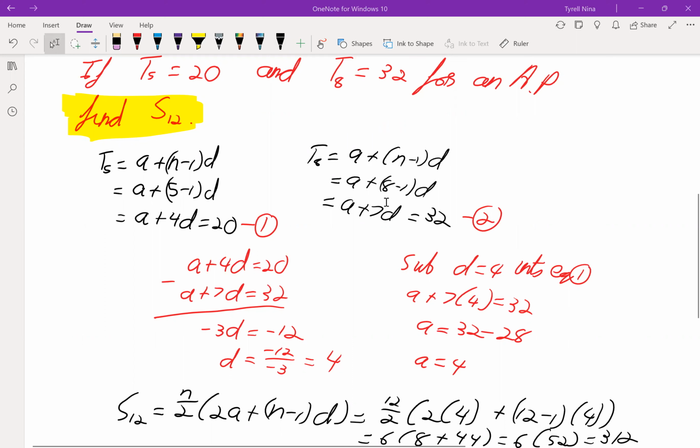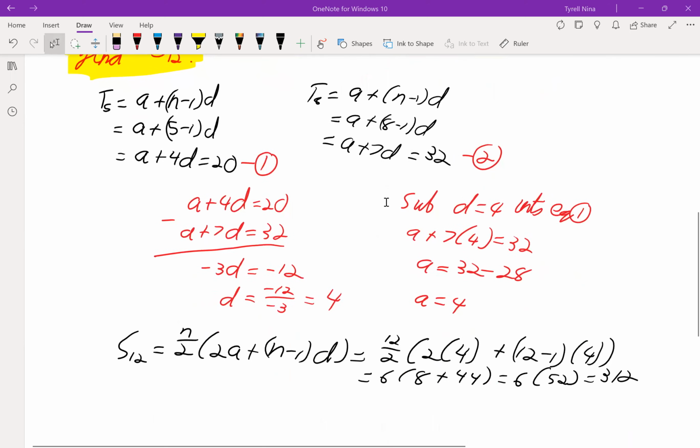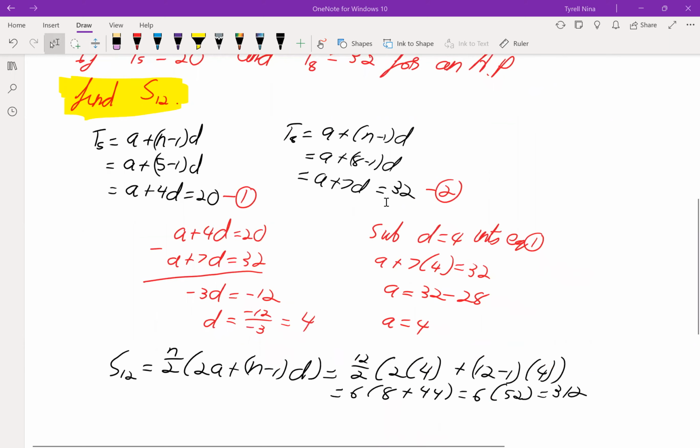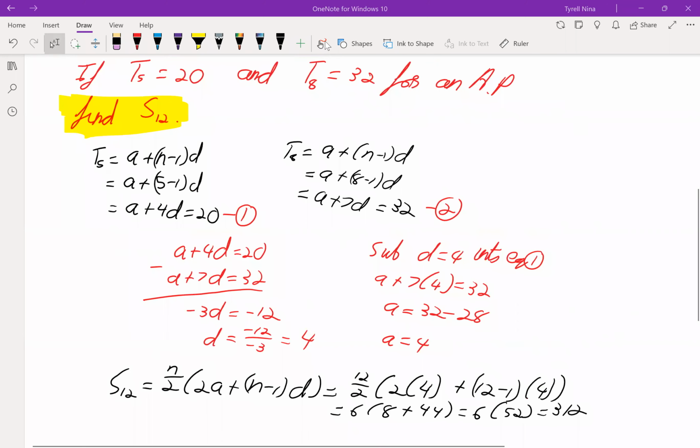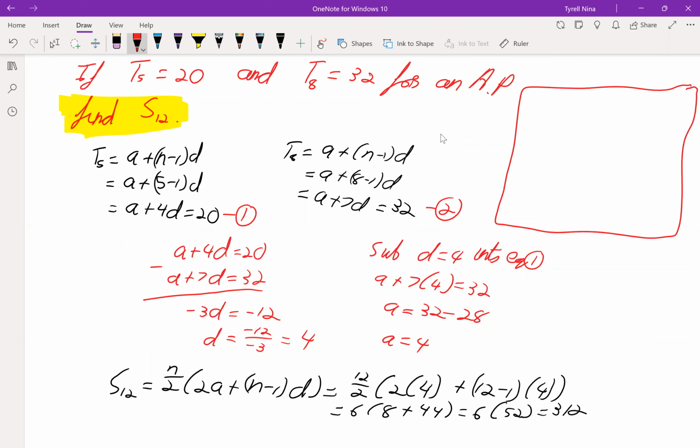So I'll give you all one more like this, but I won't be able to do it in class because I have another topic I want to go on to. So I'll just write it here for you all to try it. If T6 is 28 and T12 is